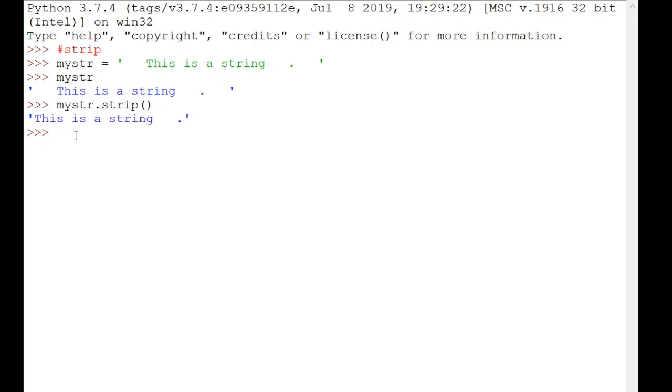There is another method which is lstrip. The L in front of strip stands for left. So this method is going to remove all the spaces at the left end of the string. Let us apply this method on the same string. So mystr.lstrip. Now, as I said, this method is going to remove spaces on the left hand side. It is not going to touch spaces on the right hand side. So you see, the spaces on the left hand side have been removed, but on the right hand side,